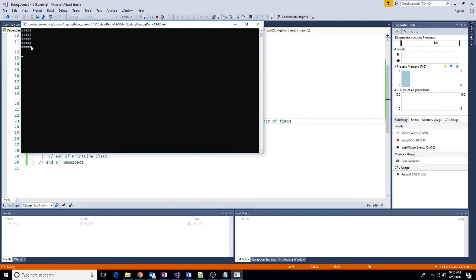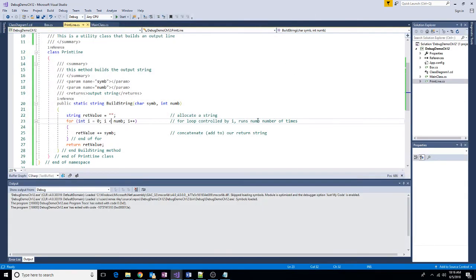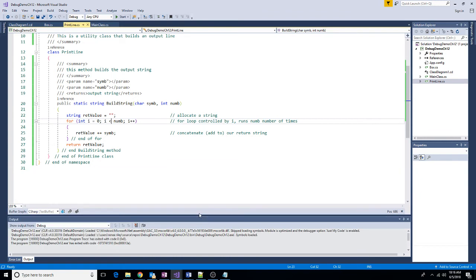Sure enough, my box is a little oblong on my monitor, but I've got a 5x5 box here that I generated using these classes. Now I know that using class files can be a little confusing, but I want you to really look at these and think about how simple it makes each thing. Now I'm going to add a few more comments here. In our print line class, our return value is going to be a string containing the entire print line,